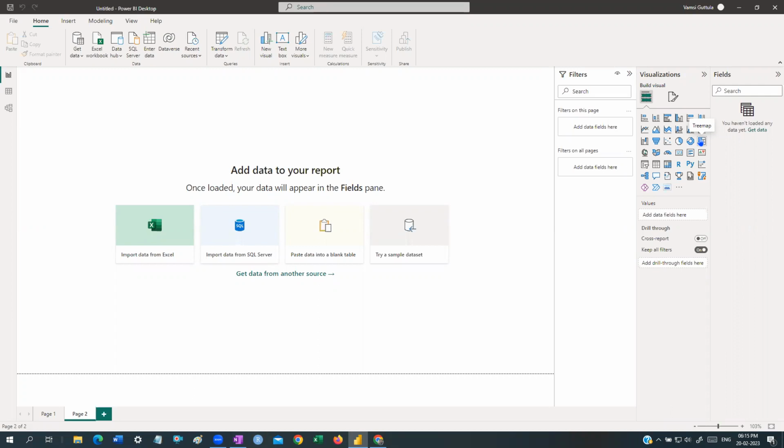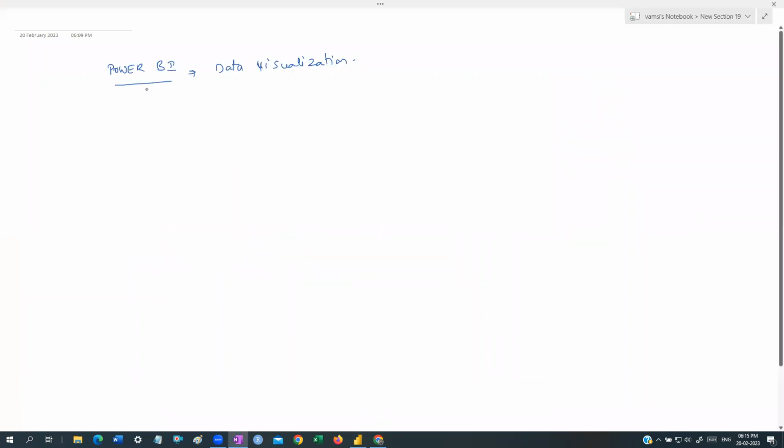Anyhow, just a small 5-10 minutes, I'll discuss Power BI. I told you guys, Power BI is going to be GUI based. It is completely GUI based, a data visualization tool with drag and drop. Mostly we are going to use the mouse. While I'm sharing the notes, the notes are going to be like this, guys.